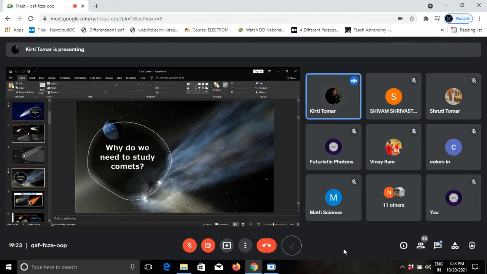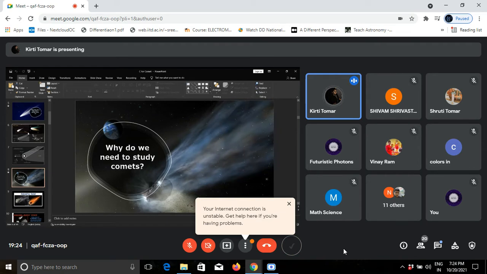Impacts from comets have played a major role in the evolution of the Earth and other planets. During its early history, billions of years ago, some believe that they brought water and a variety of organic molecules to Earth. So it is also important. Its study is also important to know the formation of the solar system, to predict when a comet will appear again, and to try to explain meteor showers and other things, asteroids, meteoroids. So that's why the study of comets is important.